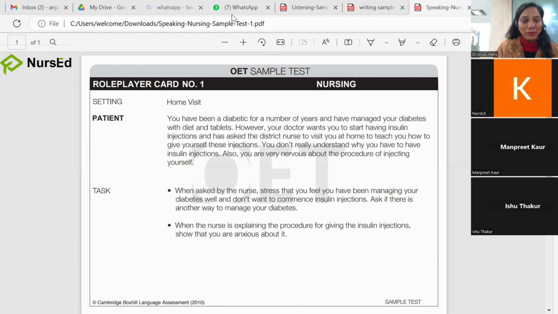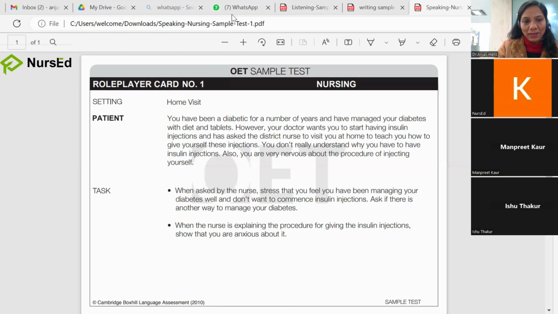So I have shown you all the sample papers also today. Any other doubts that are popping up in your minds, you can come up and discuss with me. But I want you all to enroll, to join hands with us. And I'm really waiting for next week when you all will be my regular students. Am I correct? Yes. Vikas, Ishu, Manpreet,